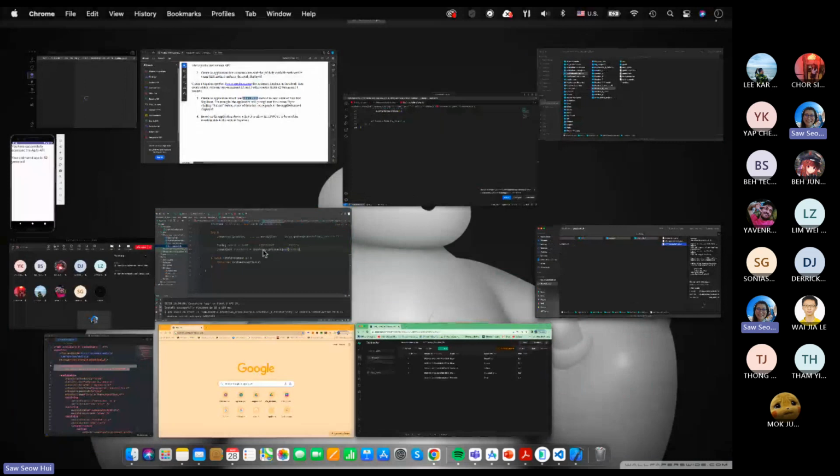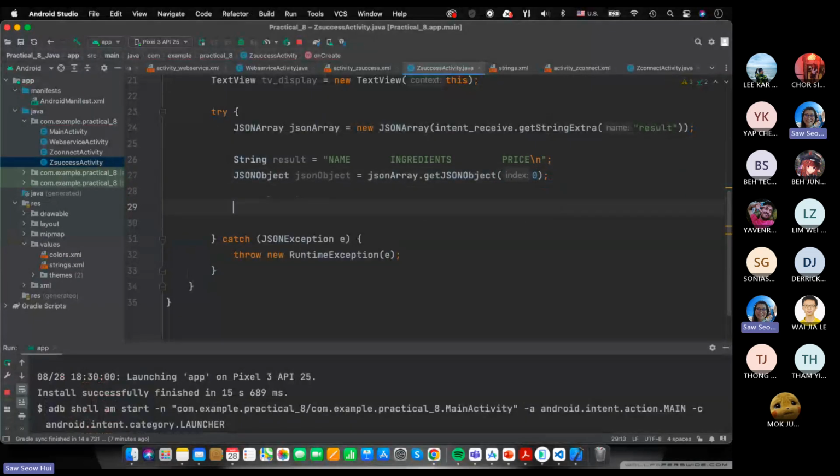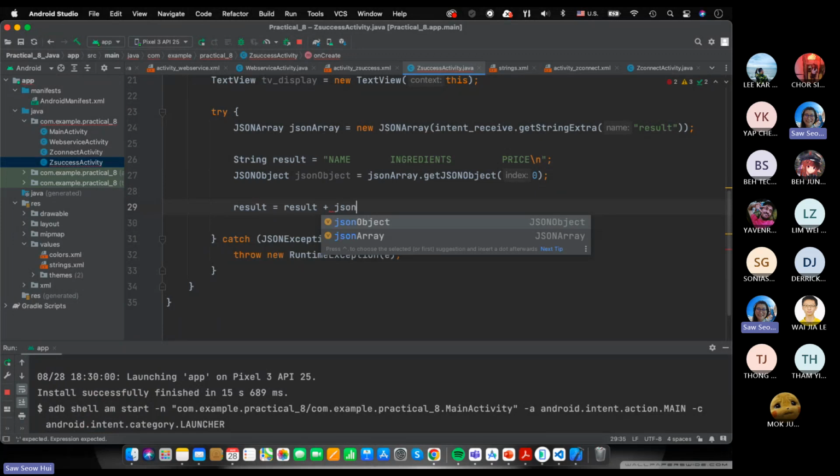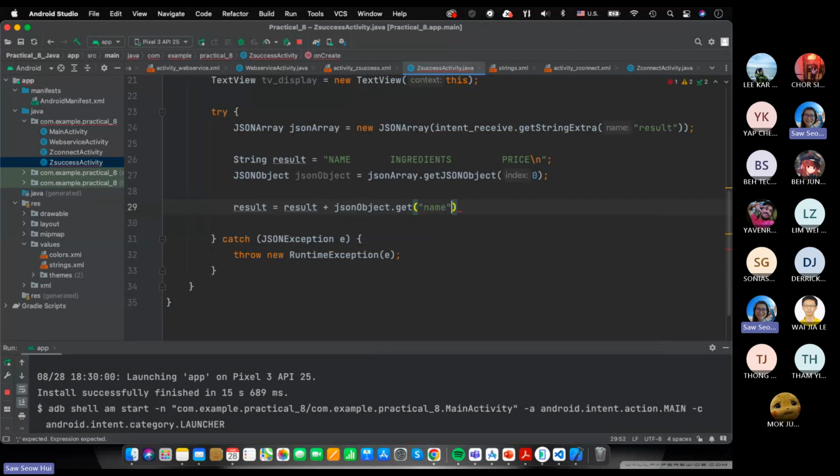You get from the beginning of the data. So I got my result plus JSON object get first your name, the name column. It has to be the same capital N